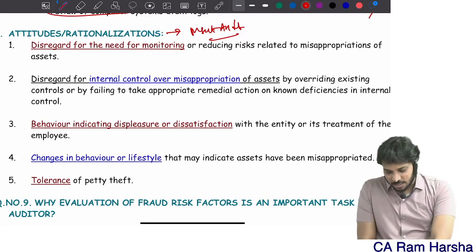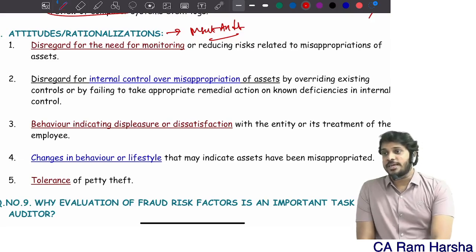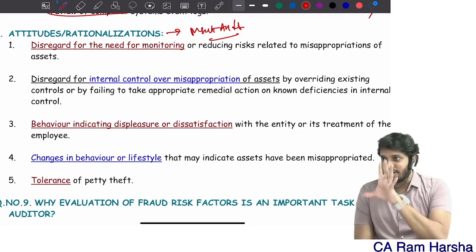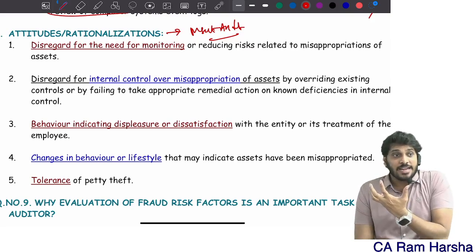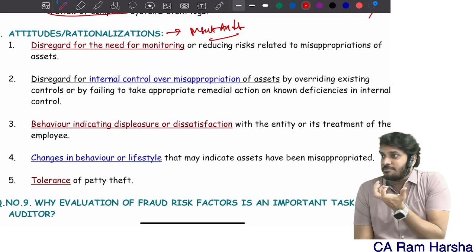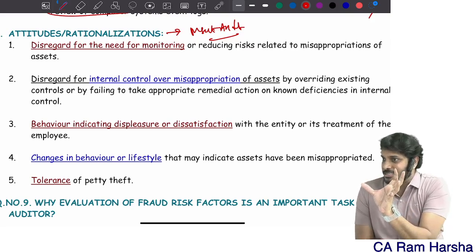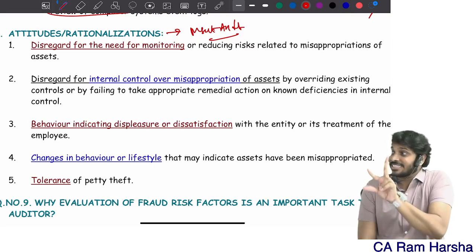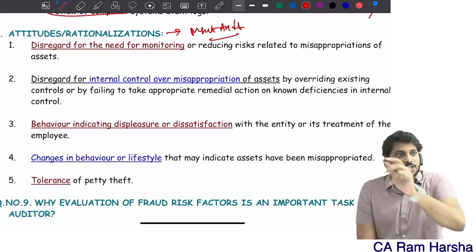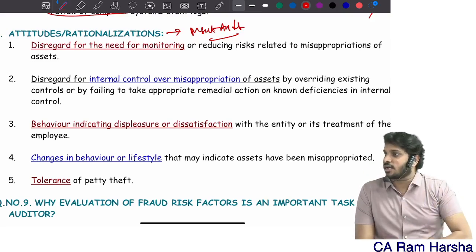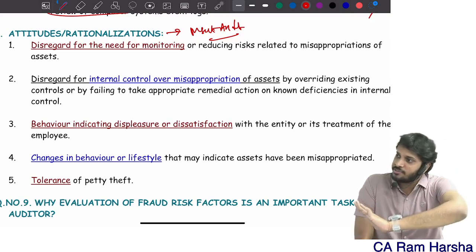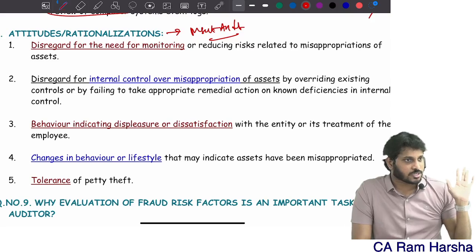If you recollect, in SQC, the auditor has to verify before accepting an engagement, is management aggressively concerned about business practices? That's the nature. You need to figure out the nature of the management. Some managements are like, I don't bother about anything, I should always be number one. For that, they would do all types of frauds in the industry.